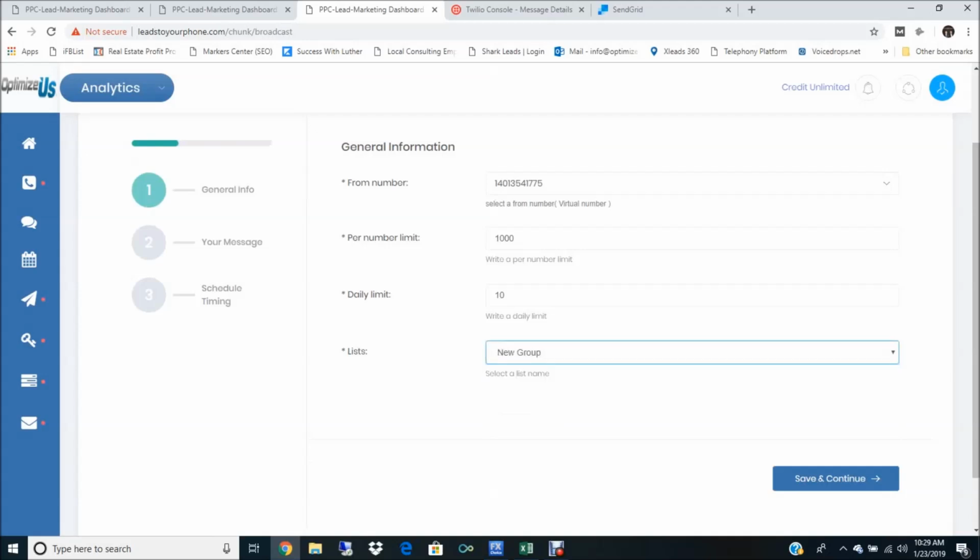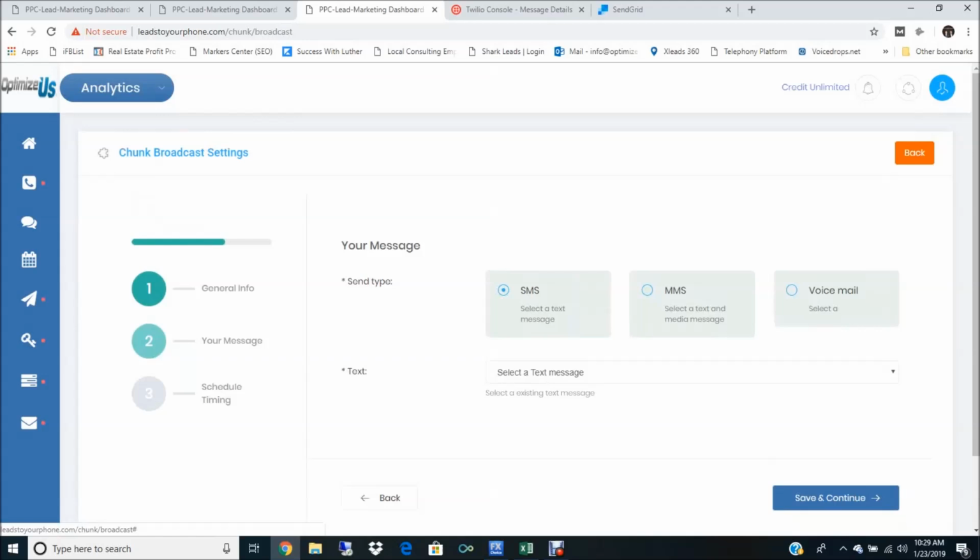Whatever list you want to send it to. And then just save and continue. And then it's the same thing as the other one. Was it an SMS? Was it an MMS? Or was it a voicemail? And you pick a message, you save and continue, and it'll start sending that chunk broadcast out on a schedule,